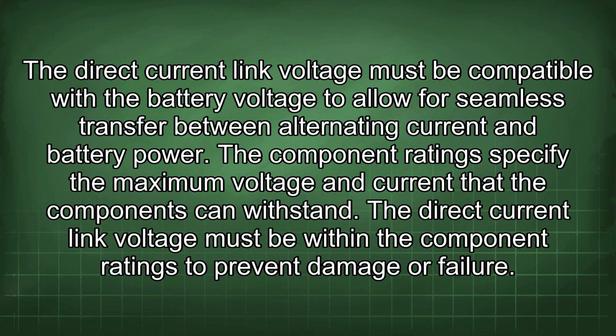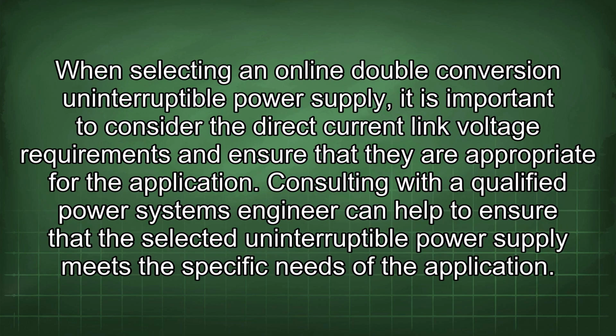The direct current link voltage must be within the component ratings to prevent damage or failure. When selecting an online double conversion uninterruptible power supply, it is important to consider the direct current link voltage requirements and ensure that they are appropriate for the application. Consulting with a qualified power systems engineer can help to ensure that the selected uninterruptible power supply meets the specific